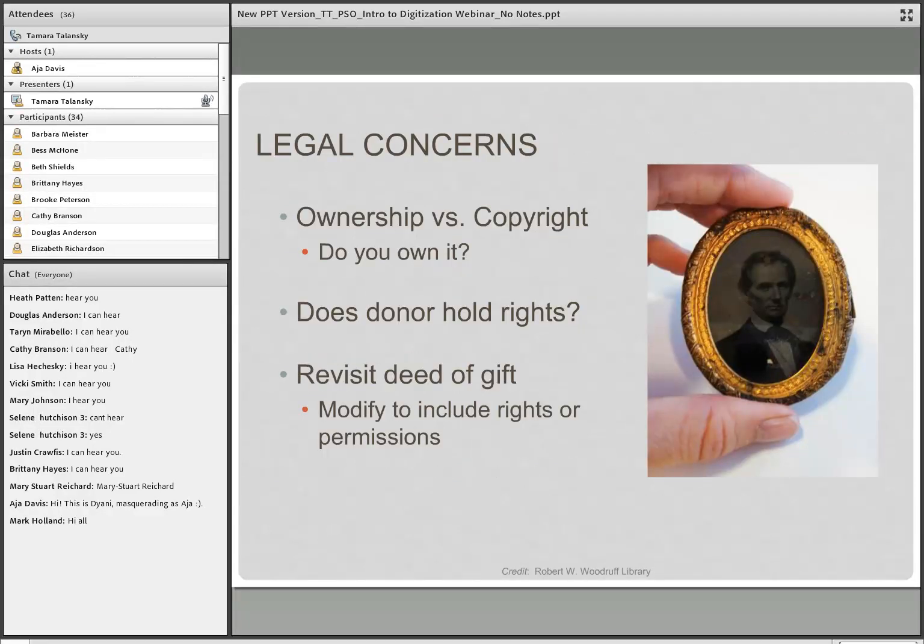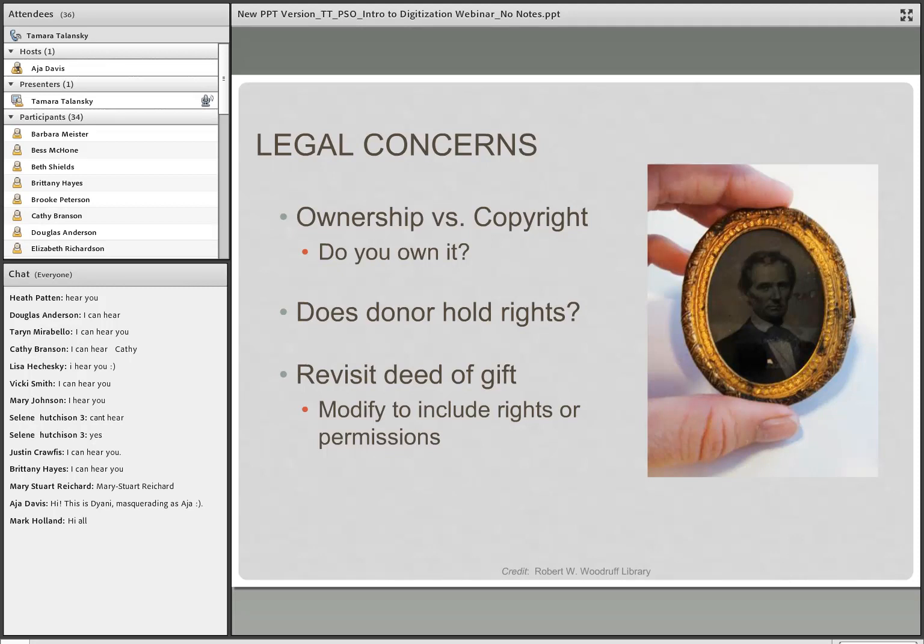As I mentioned, I did want to touch on copyright, but just briefly. This is extremely important. Just because it's in your collection, it does not mean that you are allowed to do whatever you want with it. So how do you know if you have the right to reformat or distribute it? Before you digitize, you will need to make an effort to track down the copyright.